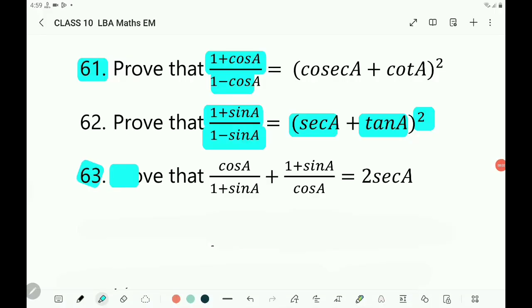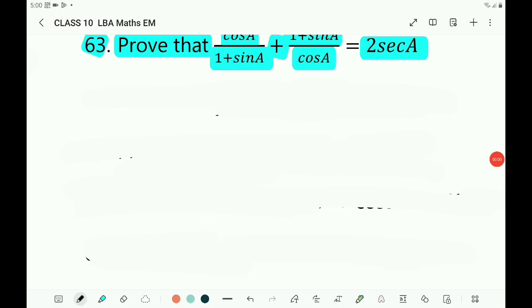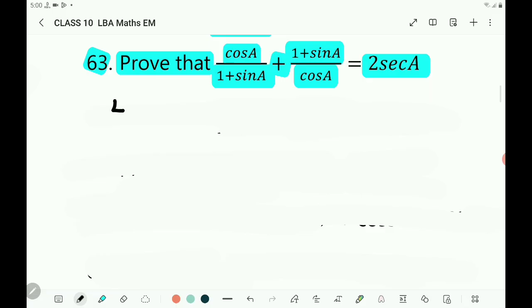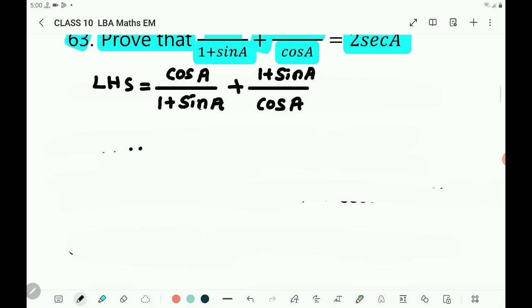Question number 63. Prove that cos A by 1 plus sin A plus 1 plus sin A by cos A is equals to 2 secant A. Write LHS. LHS equals cos A by 1 plus sin A plus 1 plus sin A by cos A equals,